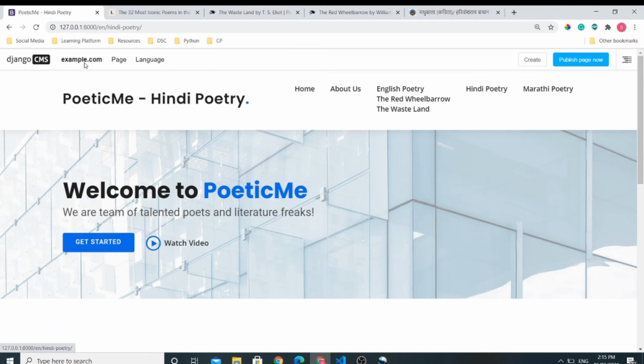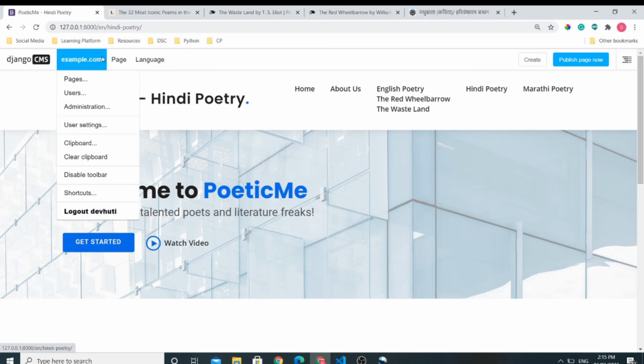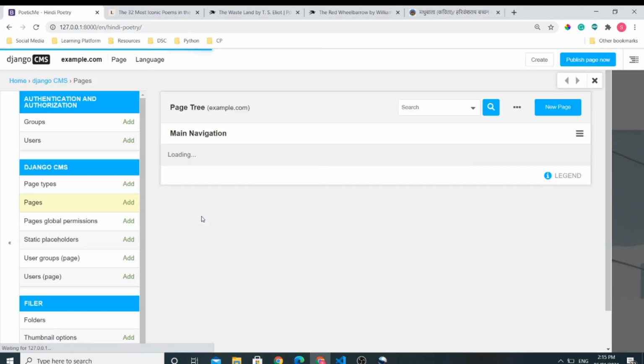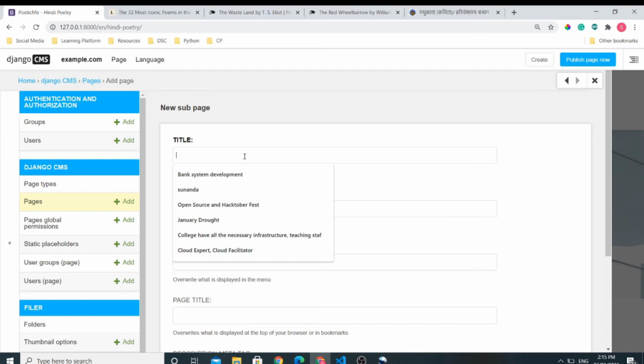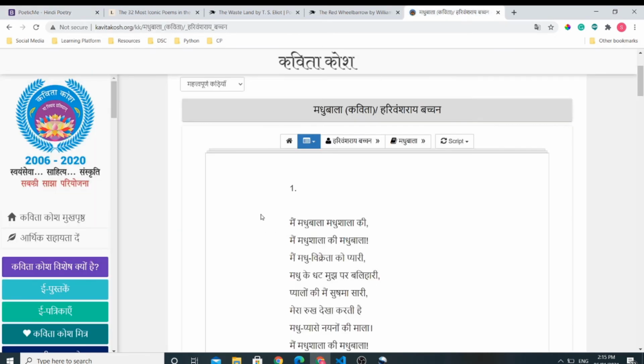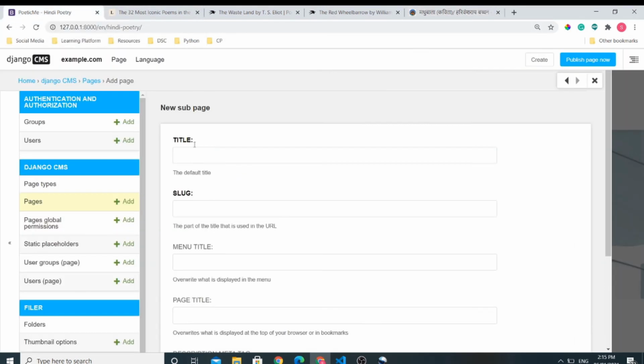So let us create a sub page for this poem first. Click on Hindi poetry and click on this plus button at the title. So we would like to add this title in Devanagari script only.